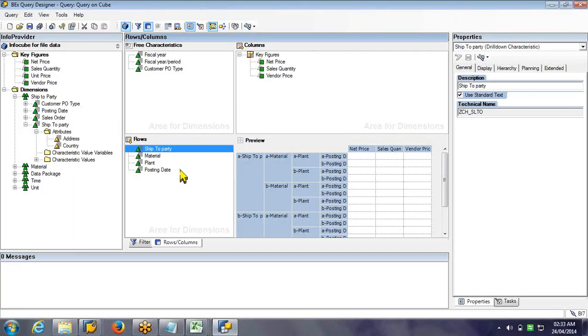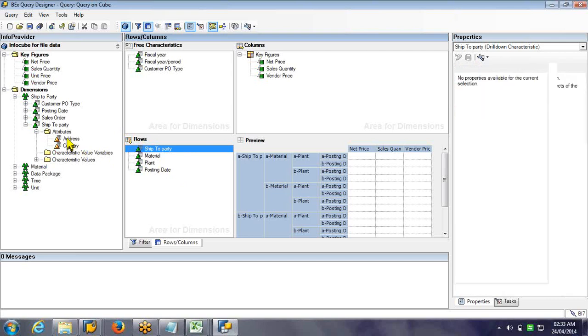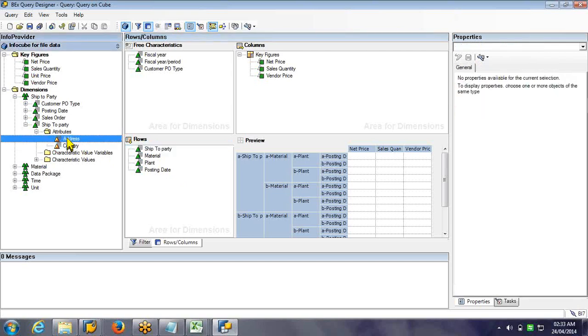And moreover, in the report, if you want to use this, like I want to show country in the initial screen, but address I want him to see later on. So I want to put country. Address I want to show later on, but it is not coming in the free characteristics, because address is not an individual object by itself.